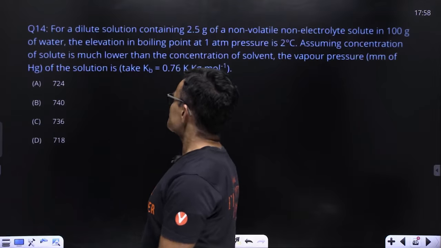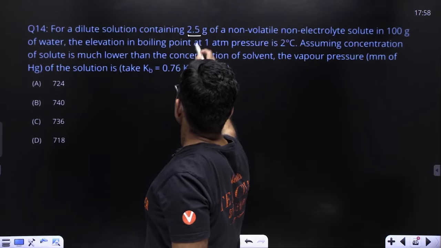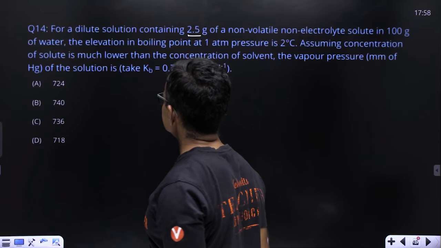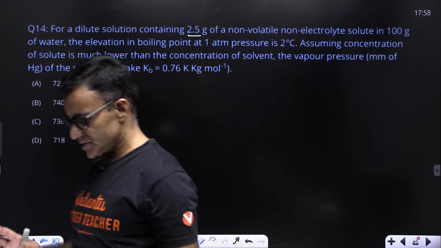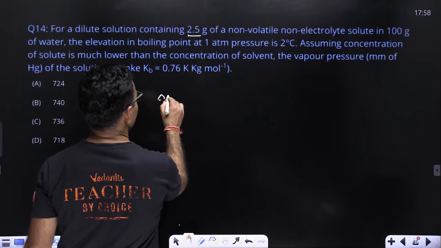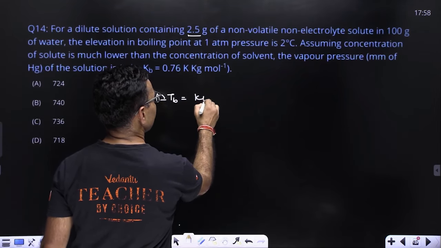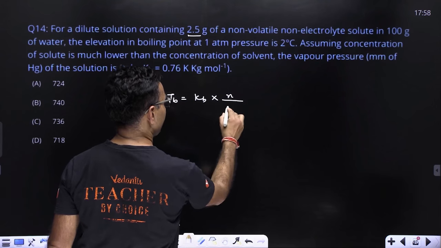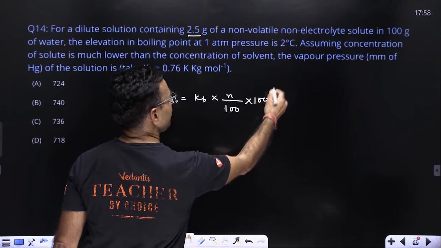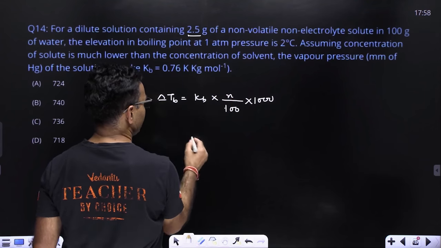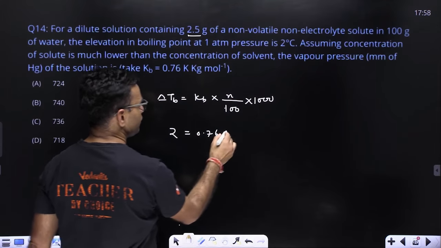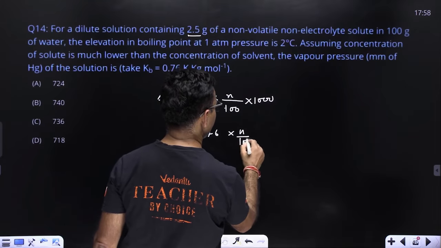All right, तो 2.5 ग्राम, यहां से आप वेट ऑफ सॉल्यूट की हेल्प से मोल ऑफ सॉल्यूट निकाल सकते थे, if molecular weight would have been given, तो इसको यूज नहीं करते हैं हम। Simply I will be writing ΔTb = Kb × molality, molality is small n upon weight of solvent × 1000। Weight of solvent दिया हुआ है 100 ग्राम, सो सीधे मैंने पुट कर दिया। Kb दिया है 0.76 = 2 n upon 100 × 1000।